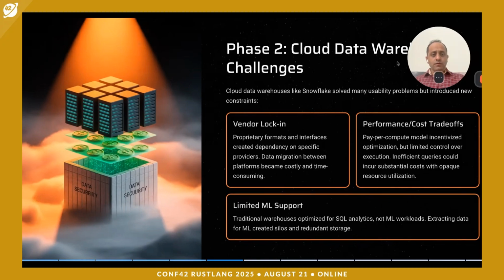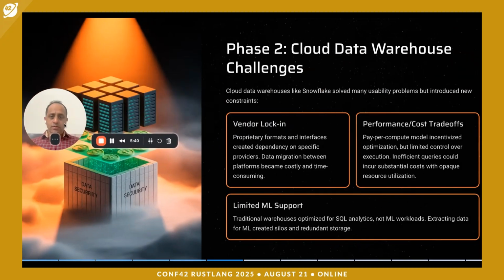So phase two was the cloud data warehouse. Some examples of these are Snowflake and Redshift. The primary limitation there is that in order to use these cloud data warehouses, historically, you needed to load data there. They stored data in proprietary formats, like Snowflake stores data in micro-partitions, which is their hybrid columnar storage format, and Redshift stores data in its own proprietary formats.